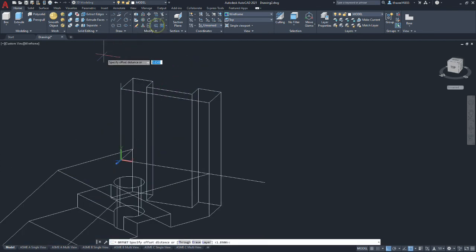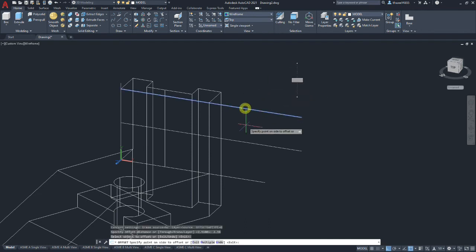Okay, we're going to go to offset, and we're going to set an offset of 2.91 for the horizontal offset. This line would go horizontal, and then we'll repeat the offset command. No, I'm sorry, the hole is offset from the top of the part, not the bottom. So we're going to create a new line, and we're going to go from the one corner out. And now we can go back to the offset command, and it's an offset of 2.38 that we need to reset it for, and we're going to offset down.